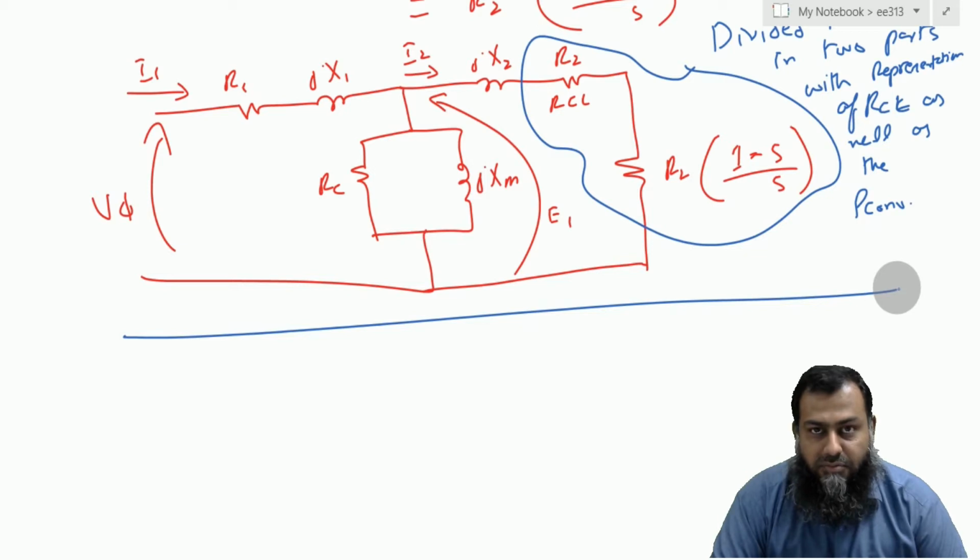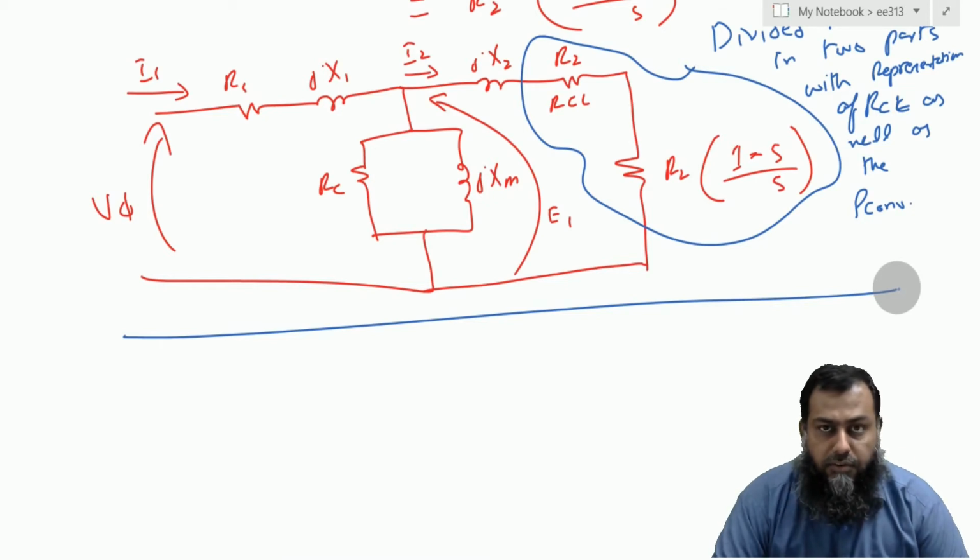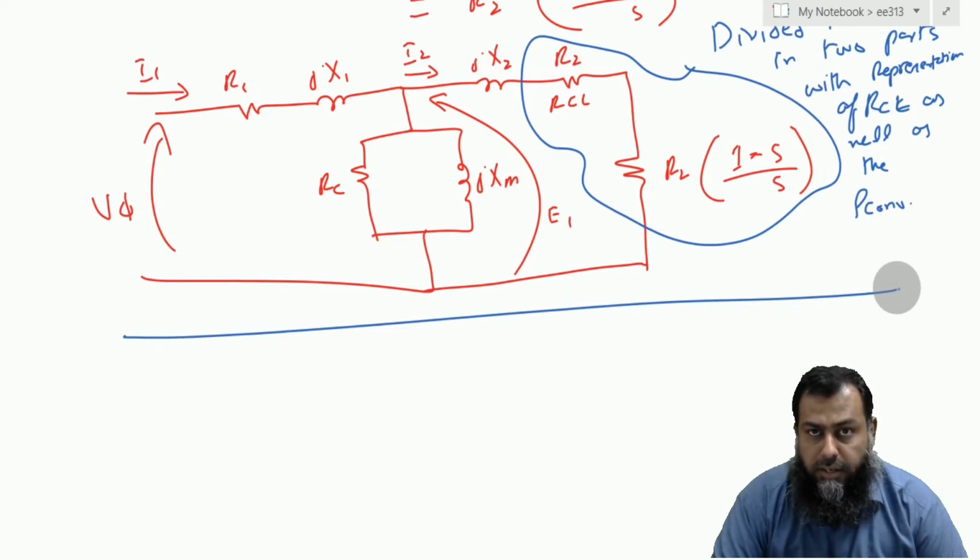And so far, we have developed an equivalent circuit of an induction motor where the rotor and the stator are joined together such that they operate on the same frequency. However, to compensate the effects of this slip on the rotor circuit, we have included the resistance in the rotor circuit as a function of the slip S.